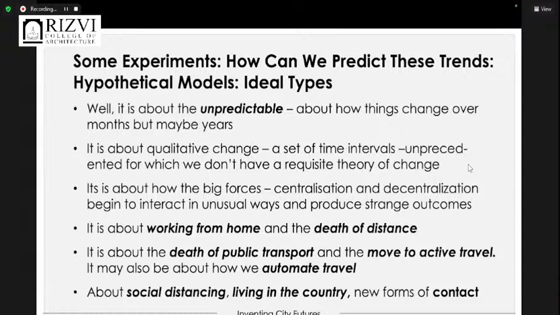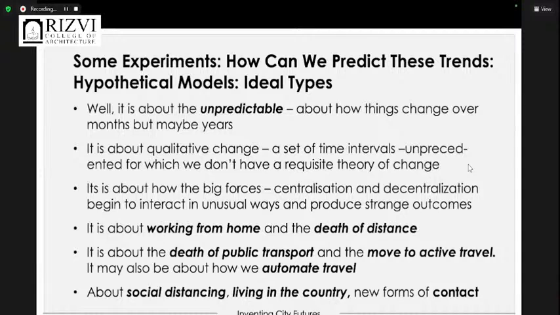Now, to some extent, predicting the future is all about qualitative change. We don't really have a good theory of change in this particular context, but we can say something about how the big forces that determine what cities look like, in particular centralisation and decentralisation, begin to interact in unusual ways and produce strange outcomes. And to some extent, some of these strange outcomes are resonant in terms of the way the pandemic has worked itself out. So working from home is a relatively strange outcome